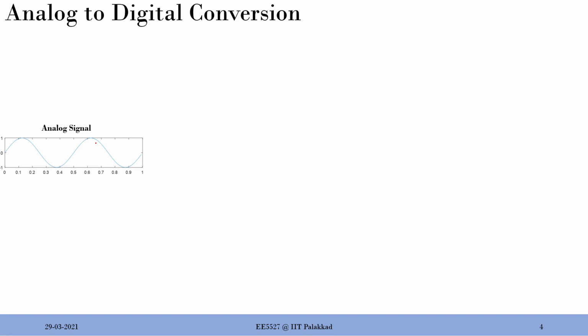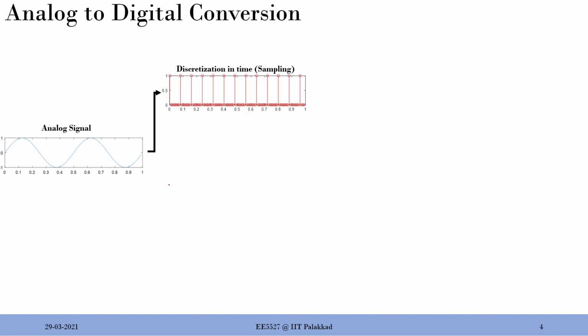Now we can't work with such data because we know that digital systems are bits, zeros and ones, and we may have a 32-bit system or a 64-bit system. So you are discretizing the amplitude. Okay, so we will discuss that as well. So both aspects, sampling and discretization. So let's start with, of course, the discretization in time. That's mostly the first step that you do.